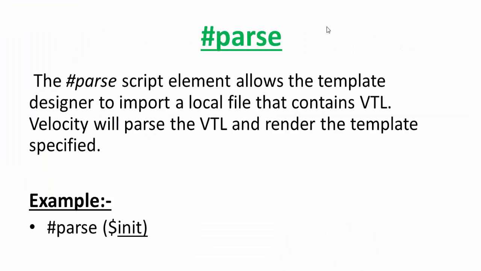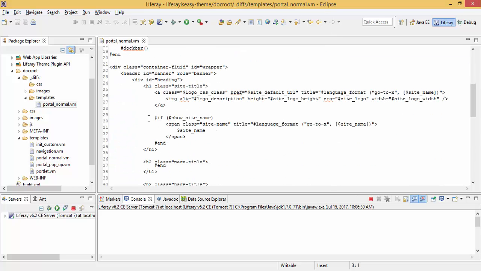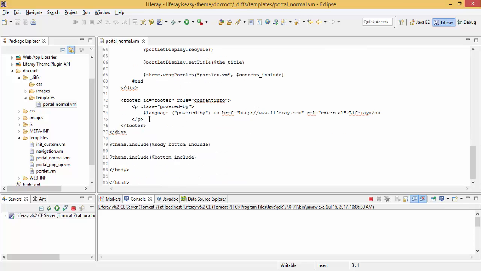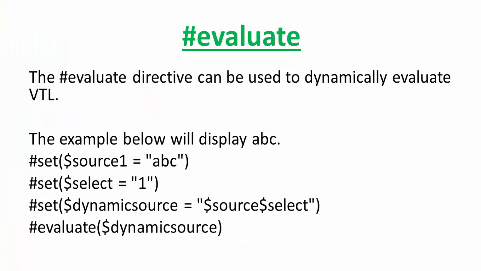Parse is basically used to import a local file, like the library uses parse init. You can also use this. You can declare something in some file and then include the file in your code. Then evaluate: you can also provide some calculation by using evaluate.